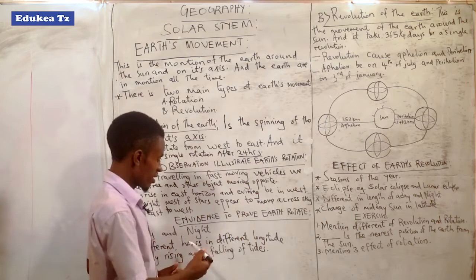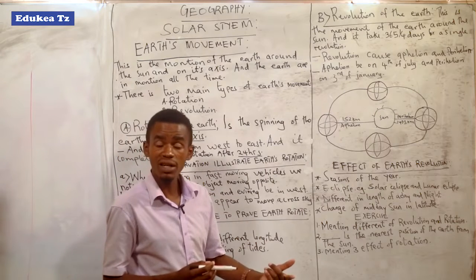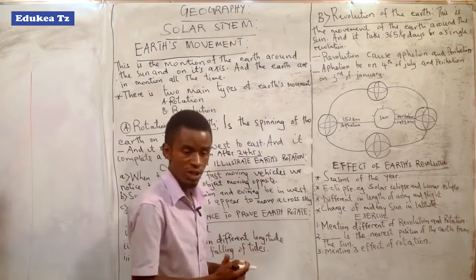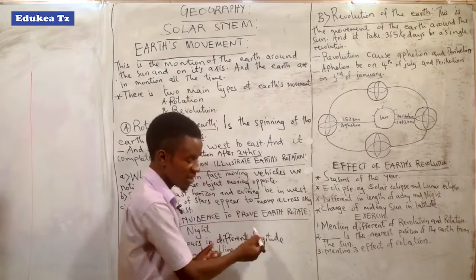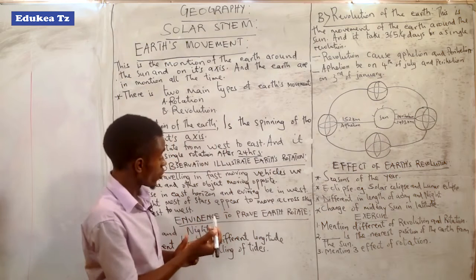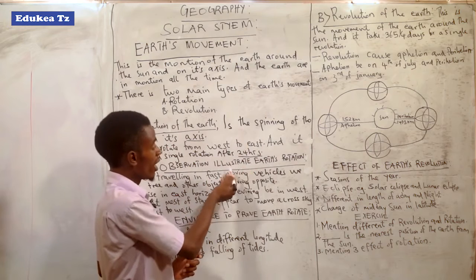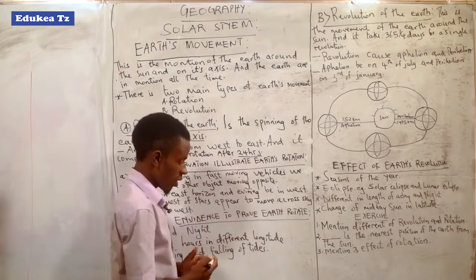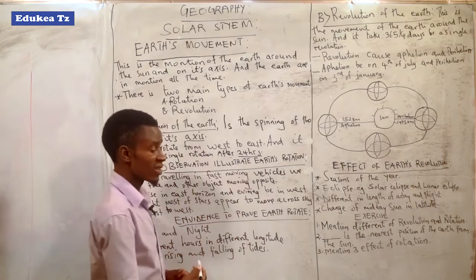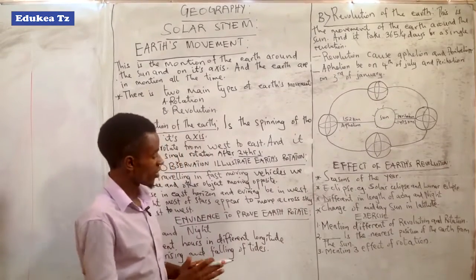The first point is day and night. As we know, we have a day and we also have night time. That is day and night as the result of rotation. If the Earth were not rotating, there would be no day and night. Because the Earth is rotating, and I told you that the Earth rotates from west to east, after that rotation we get 24 hours. Some hours are day and other hours are night.